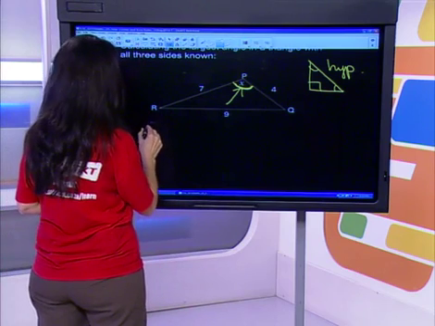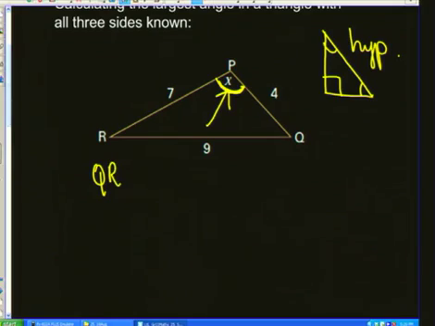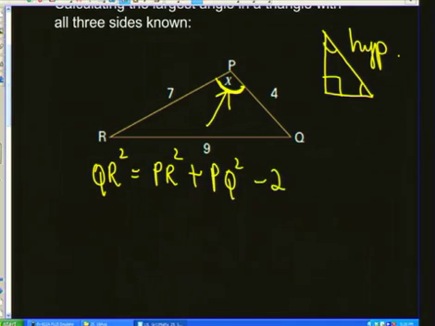So it would be QR squared is equal to the sum of the other two sides squared. So it's PR squared plus PQ squared. A little bit of Pythagoras. But then we take away the product of twice PR times PQ times cos of angle P. Okay? And with that, we then have